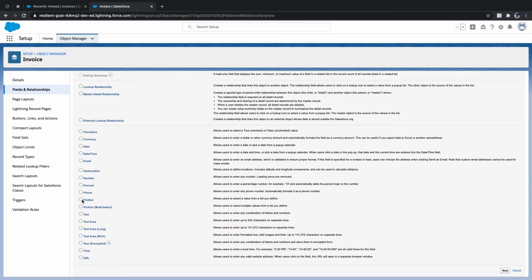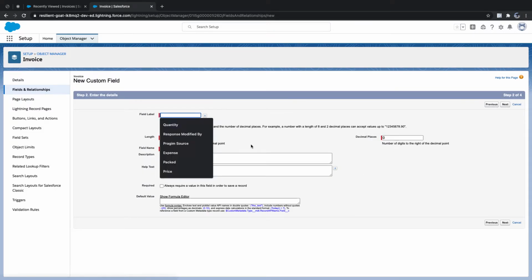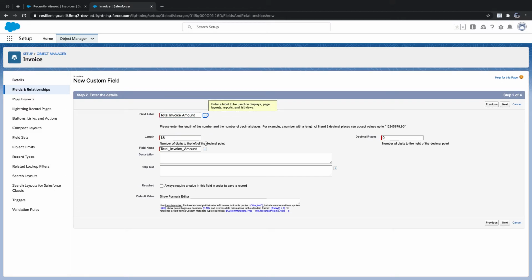So what is the field that I need to choose here? Currency. You will be having currency. Next, I'll say total invoice amount. Instead of 8, I'll say 10 comma 2.